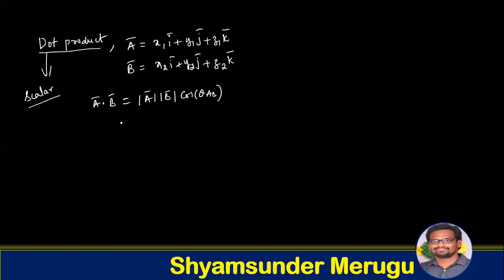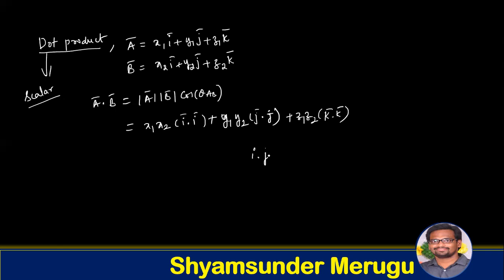Now we can expand this one as x1 x2 I bar dot I bar plus y1 into y2 j bar dot j bar plus z1 into z2 k bar dot k bar, and remaining combinations we are not considering. Why? Because